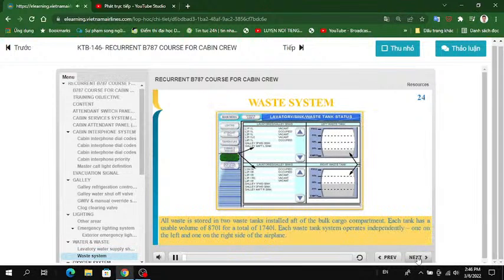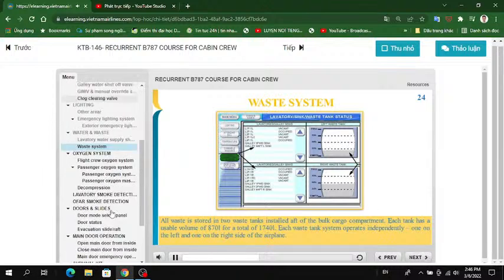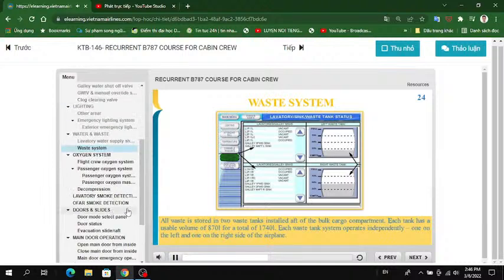All waste is stored in 2 waste tanks installed aft of the bulk cargo compartment. Each tank has a usable volume of 870 liters for a total of 1,740 liters. Each waste tank system operates independently, one on the left and one on the right side of the